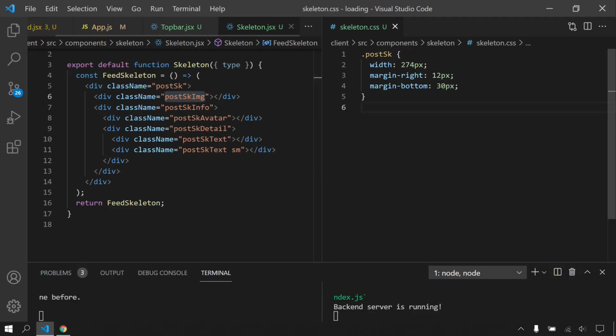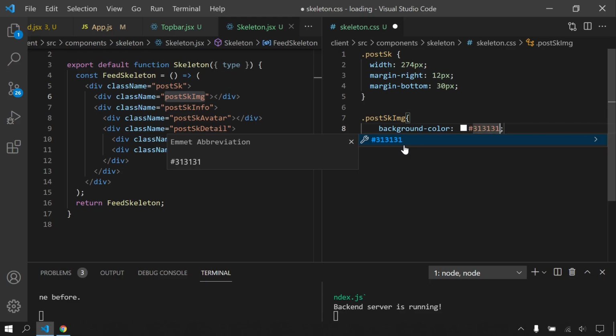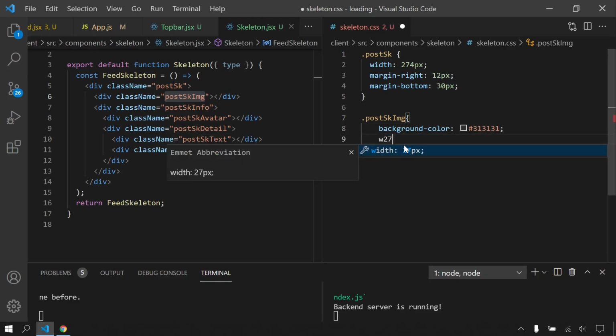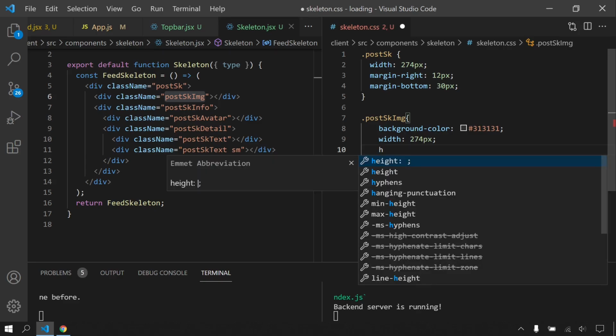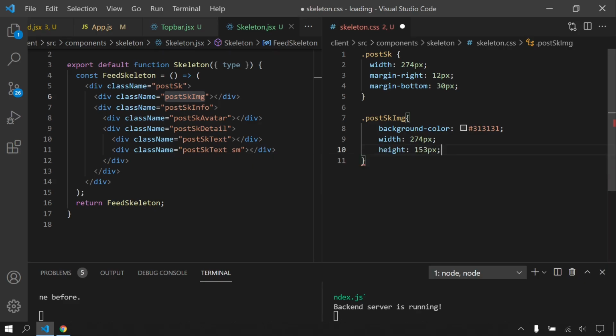So let's copy this for this image. For example, we don't have any object width or something like that. I will say background color is gonna be 35 and width 274 again, and height will be the same like post.